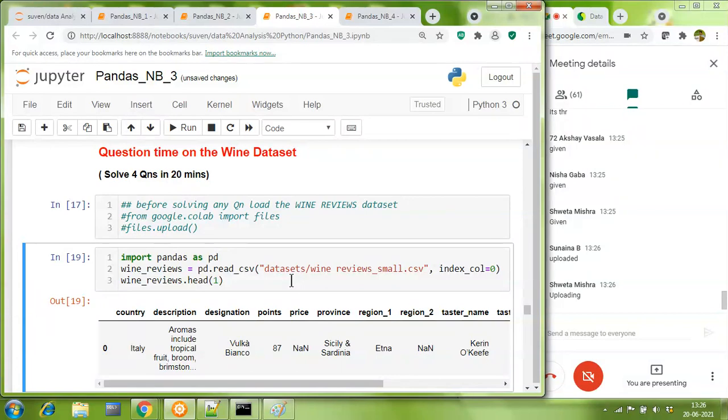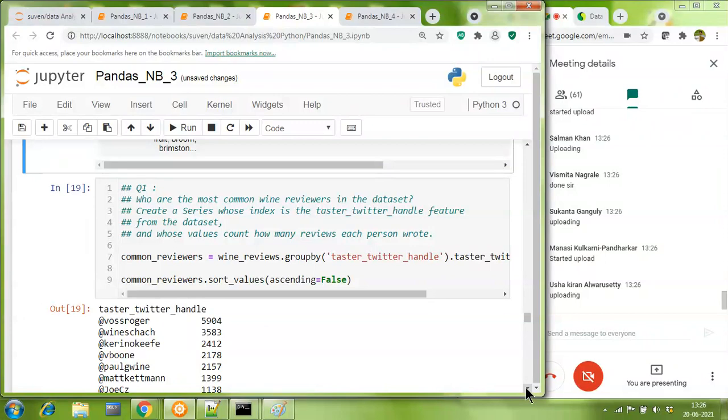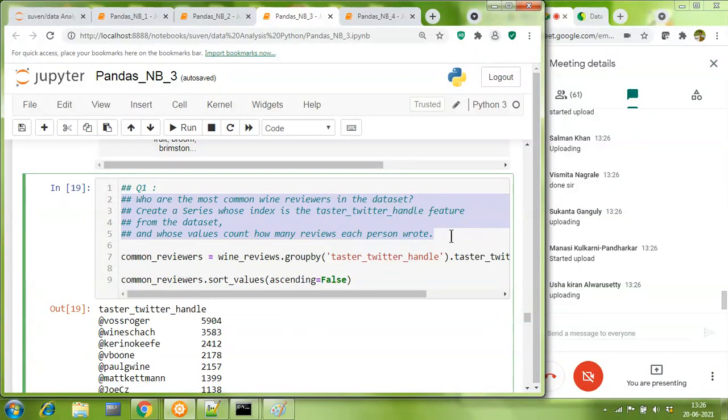Okay, I hope everybody has kept the data set for uploading. I'm not wanting even any acknowledgement. I think I can move further. Let me go on discussing with respect to every question and what is its expectation, and then accordingly I will give you the answers, and then when your data set is uploaded you can run all your cells in one go. Okay, right. So I would request Usha Kiran, if it's possible for you, please read the first question so we come to know what is the expectation.